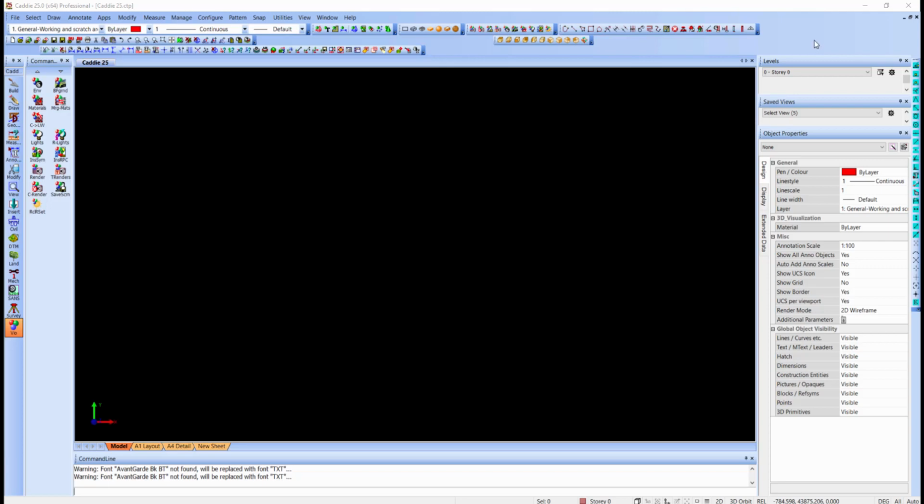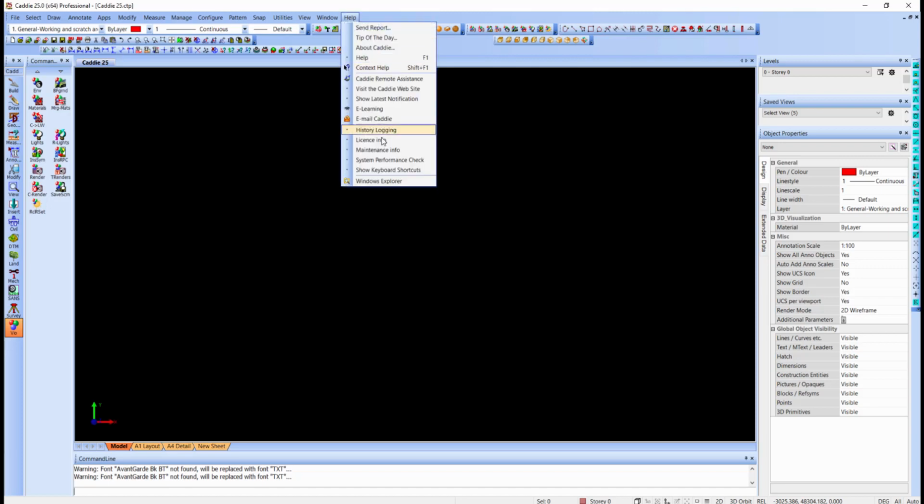In this video we will cover how to set up keyboard shortcuts. Caddy has quite a few keyboard shortcuts set up already for the user to use. To see what they are, we would do the following. We will select from the top menu, select Help, Show Keyboard Shortcuts,